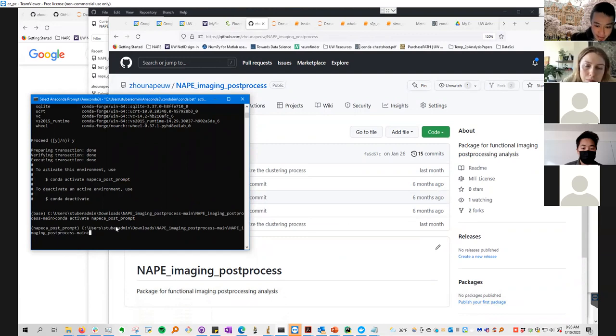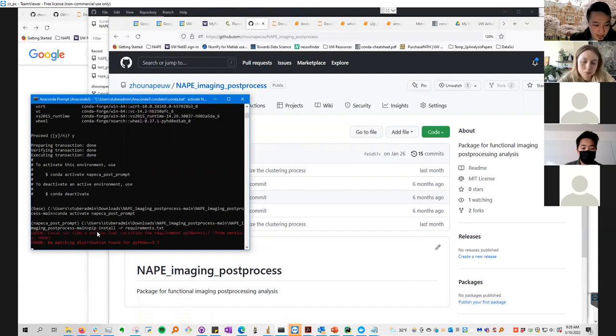Okay, so now we want to install those packages from the requirements.txt. So we want to do pip install -r. The -r is important to tell pip to go into the actual requirements file. So you want to do this, and then